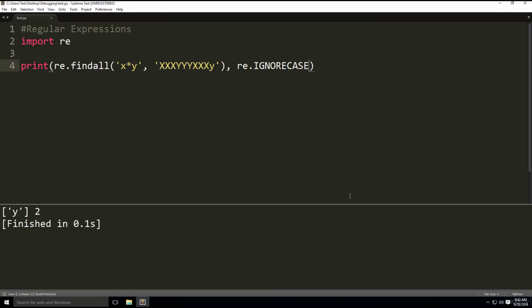So what this did, it found everything, ignoring the case. Oops, that should be capital. There we go, so 2. So it didn't find anything because it ignored the case. So anyway, the second flag we have is multi-line, which defines how the characters, the caret top and the